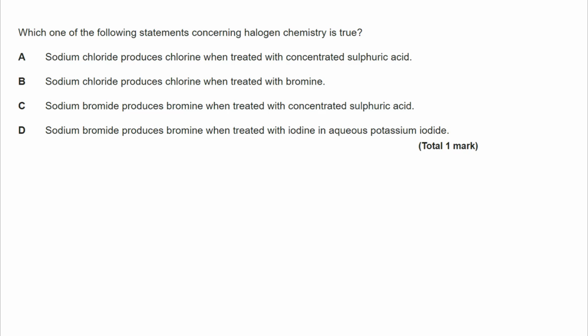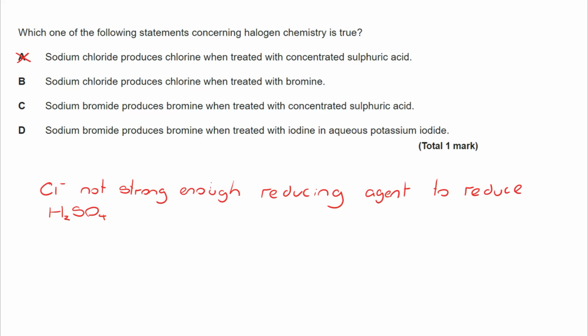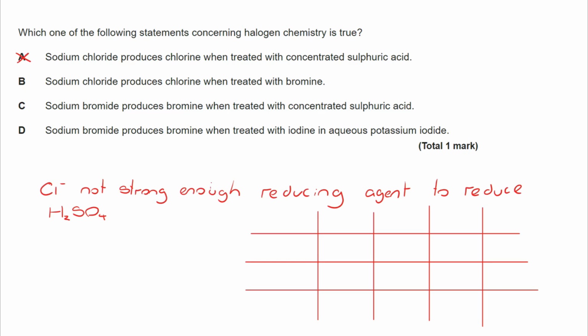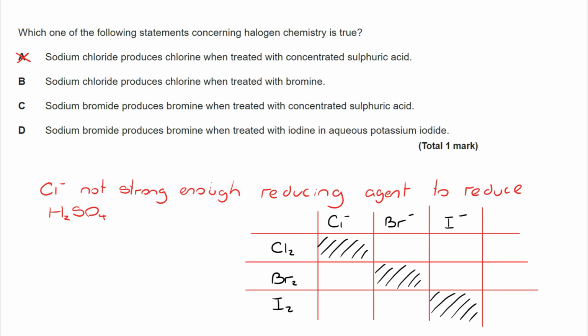So, 4 different facts, which of them is true? Well, chloride ions cannot reduce sulfuric acid, so we are not going to see it get oxidized itself, so A cannot be correct. I'm going to add a little bit of information to deal with some of the rest of this. It's a table that you will be familiar with from GCSE as well as A-level, and if I react